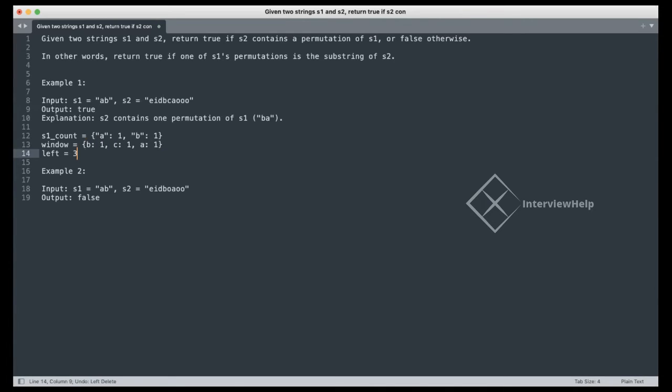So we will remove B. Oh, B shouldn't be removed actually. So yeah, that's it, right? So then we started to remove B and the left becomes 4, and then now we realize the window no longer contains S1 count. Okay, so what do we do now? We need to expand again. So we increment our right pointer, right? So we include a